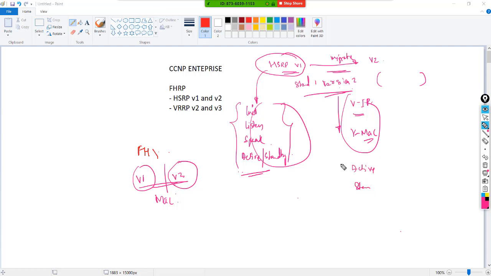The behavior is the same in version 2. By default, preempt will not be enabled. You need to allow that, and the priority makes the decision. So the behavior is the same as version 1, but there are a couple of differences or additional points in the case of version 2.